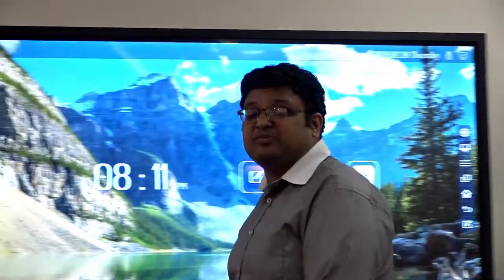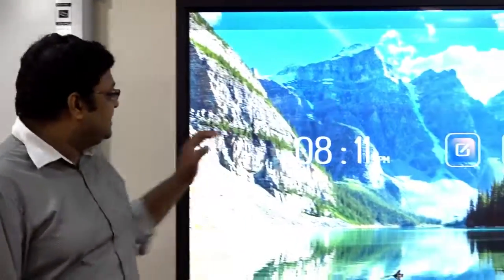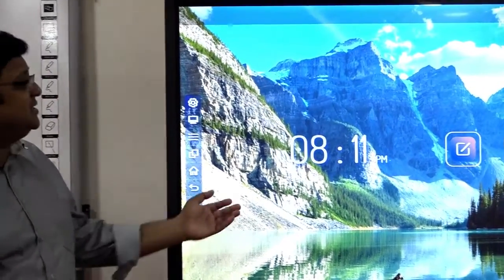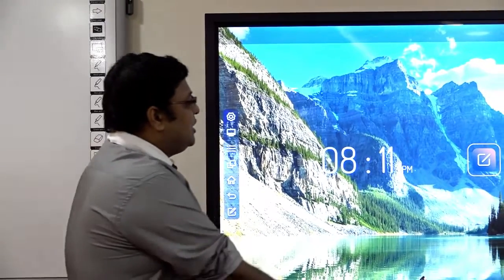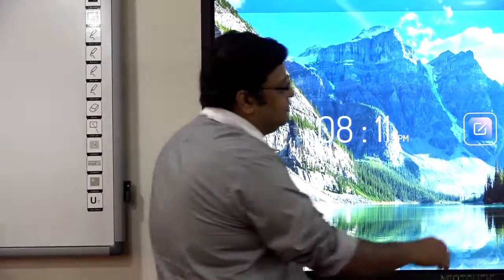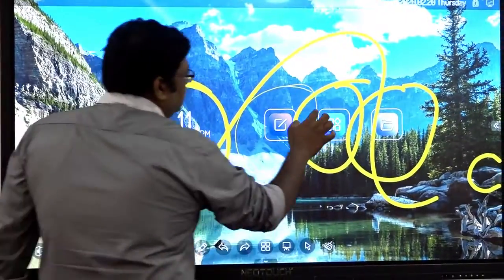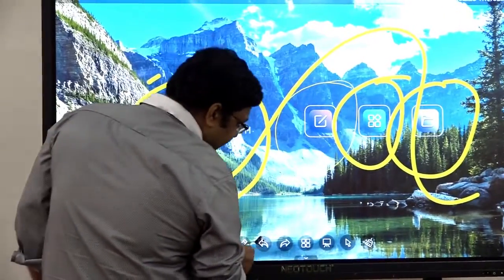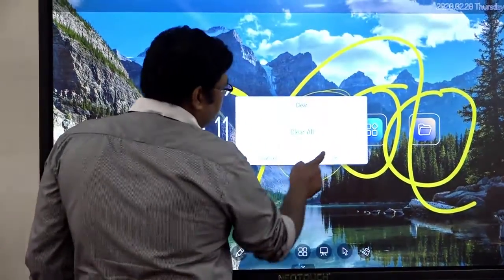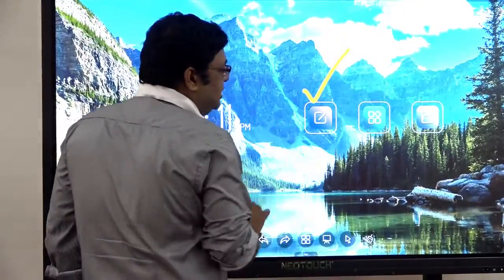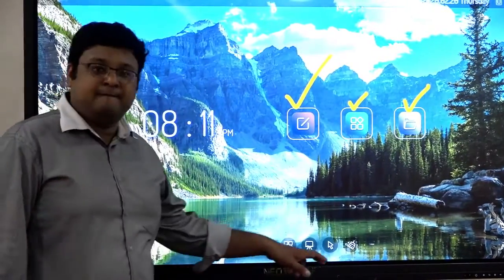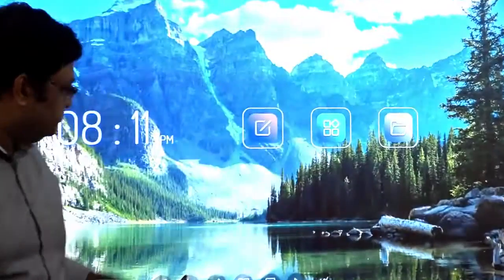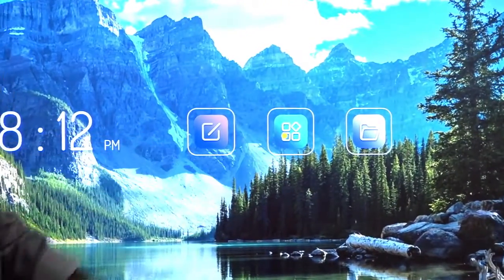Now this menu screen is present on both sides. It is present on right side. Same thing is here on left side also. So either side you can take for using this particular screen. Now what we are having, our first option is gone and we are left with two options. Let's delete it out. Let's clean it out. Right. This option is done. Now we will do this one and this one. You can annotate it like this. Now let us see the second option. If I click here, sorry, I need to put this particular thing off.